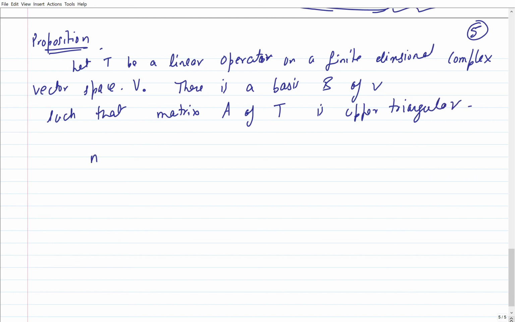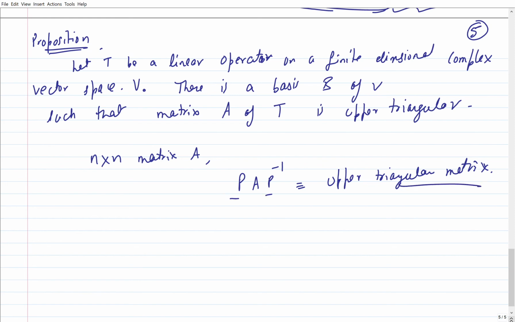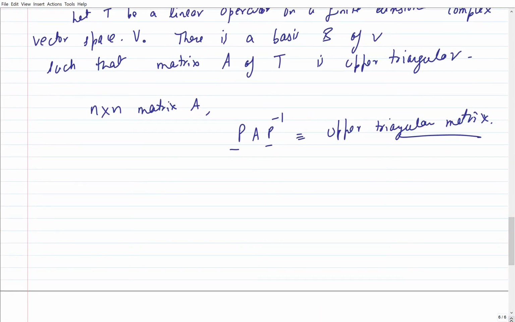In other words, if I have an n by n matrix A, it is similar to an upper triangular matrix. This is the matrix version of the same thing, because we know that any change of basis is these guys. So how do we see this? Well, it's rather easy. Essentially the observation is that